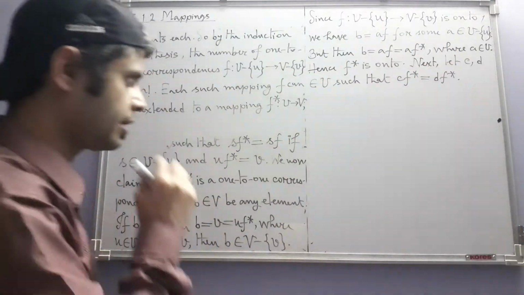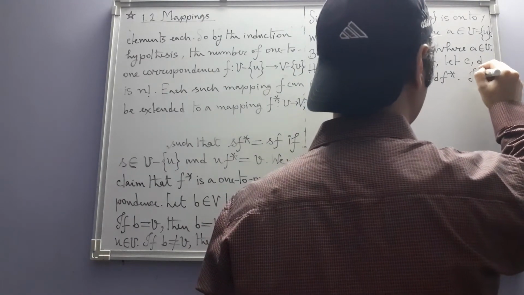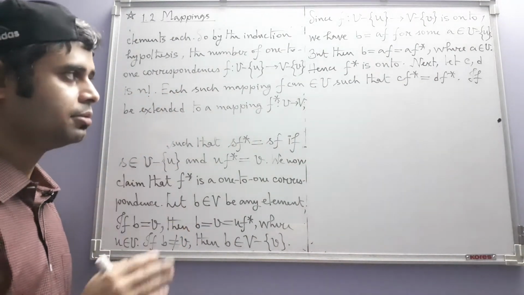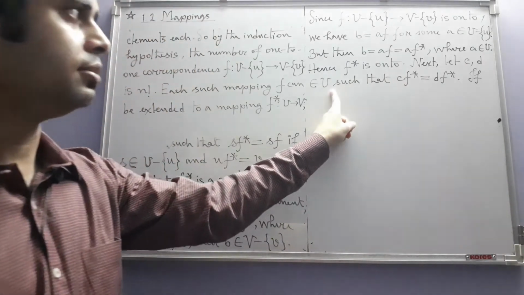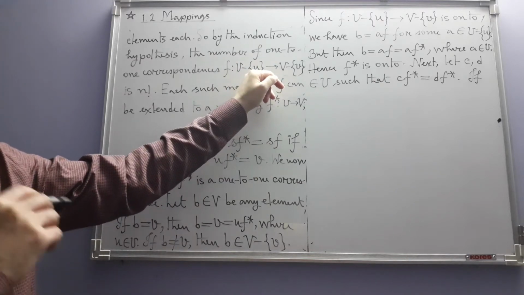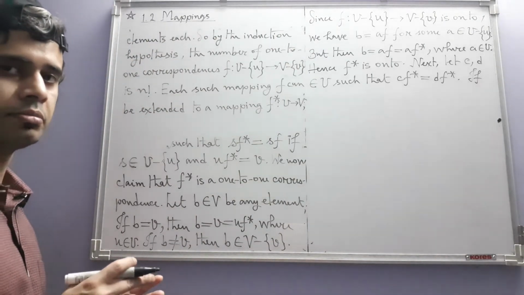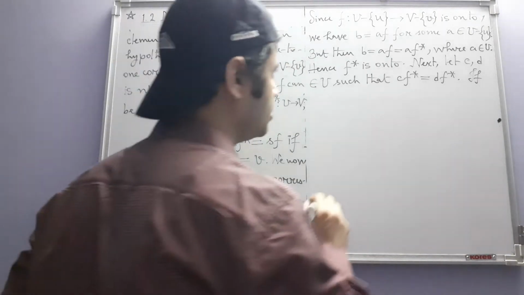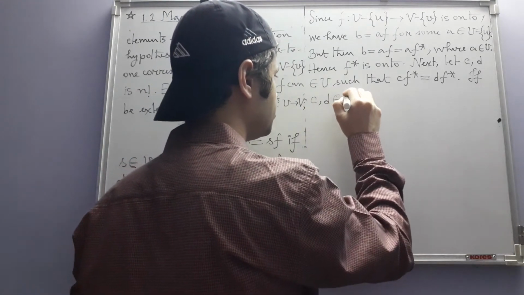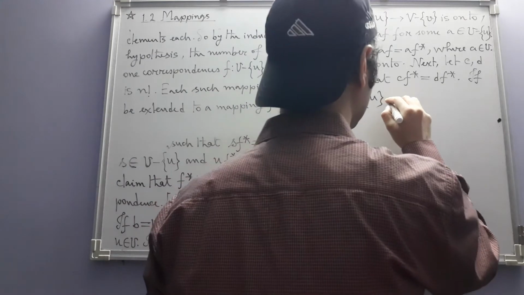Okay, now some cases arise. One case is that neither C nor D, because you see C and D are elements in U, so there is a possibility that one of them may be equal to small u. It's an element in U. Now our first case is that neither of them is equal to u. If C and D both belong to U minus u, that is none of them is equal to small u, then